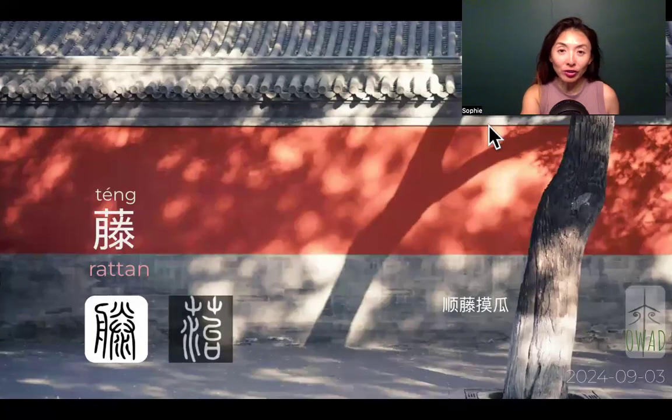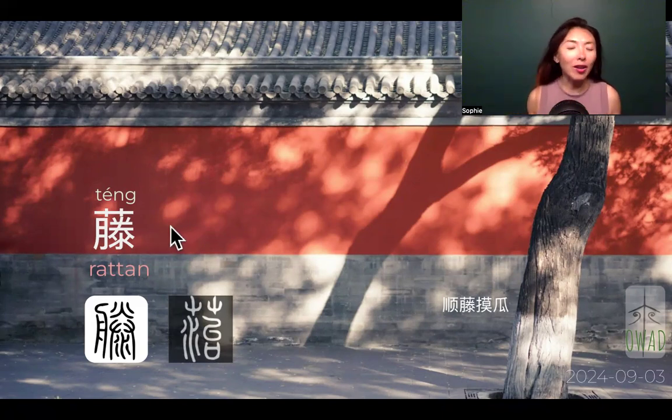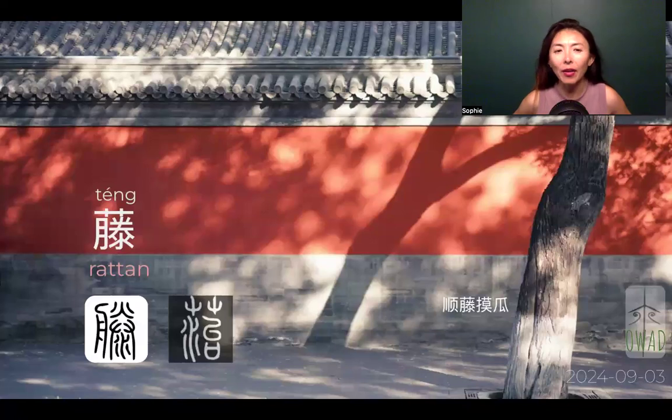Today, I'm going to introduce teng, another category of plant in Chinese, and compare it with cao and tai, grass and moss. This teng, rattan, is way more complicated in how it's spelled. And I had to use a little bit of imagination to figure out why teng, rattan, was expressed in such a complicated way. Okay, so first off, you notice this